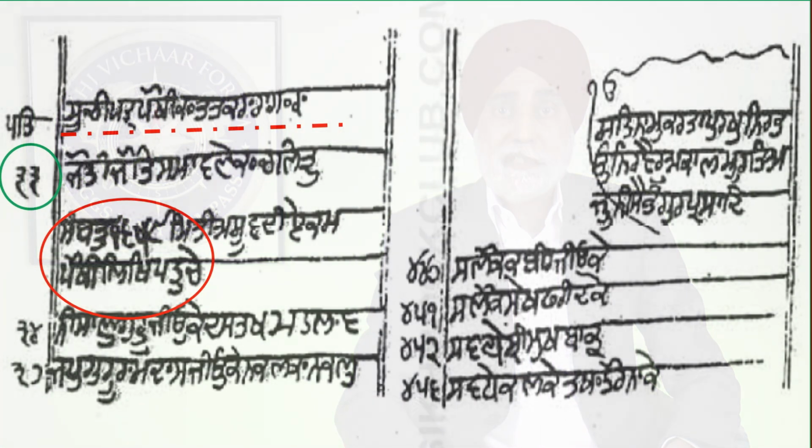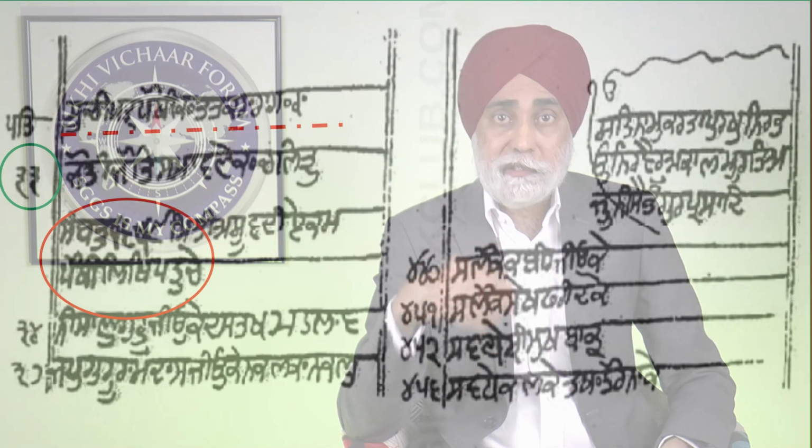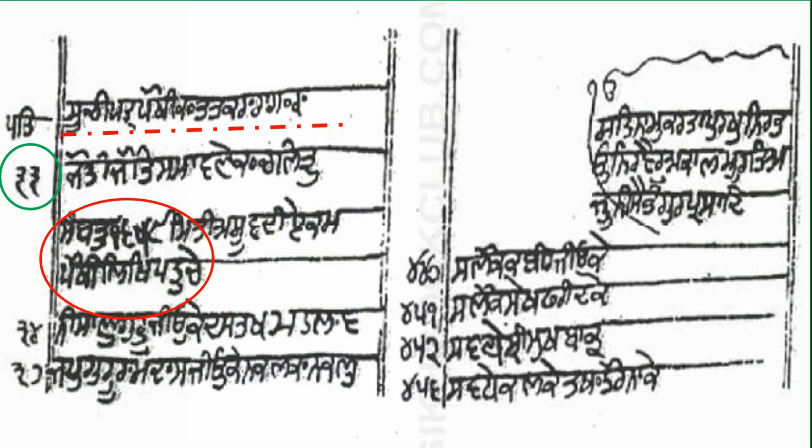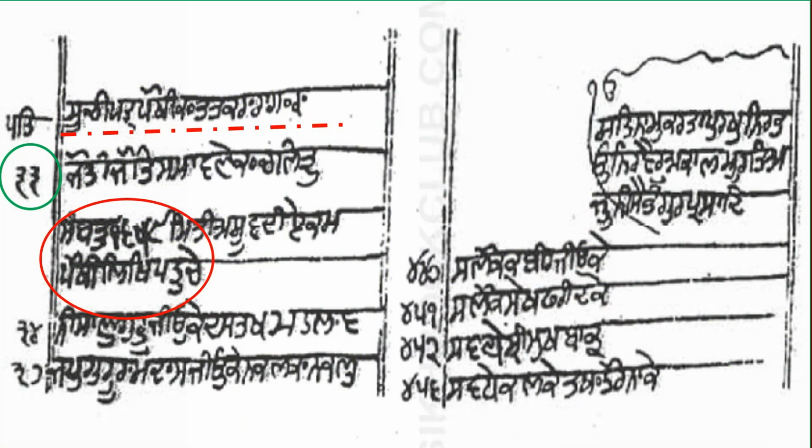Notice that the year has been tampered with, altered. The original year of 1699 has been altered to make it 1659. So 40 years are taken off. This Pothi is made 40 years older by just breaking the figure 9 and changing it to 5. How does one trust the authenticity and legitimacy of such a text? So that's the second way to build authenticity and legitimacy for the replacement text, by faking the year of its creation.